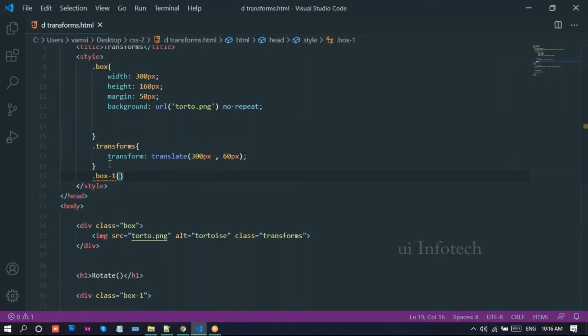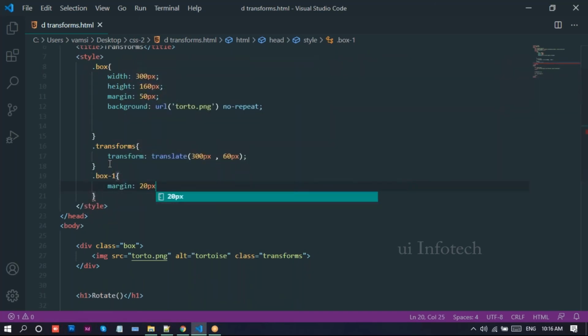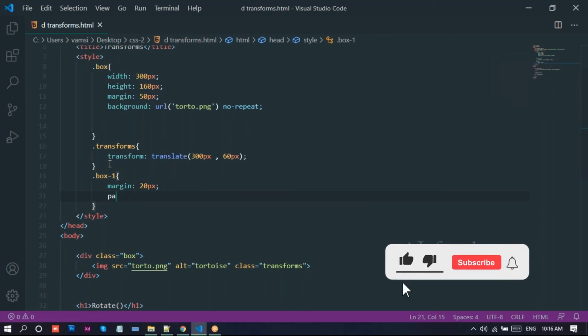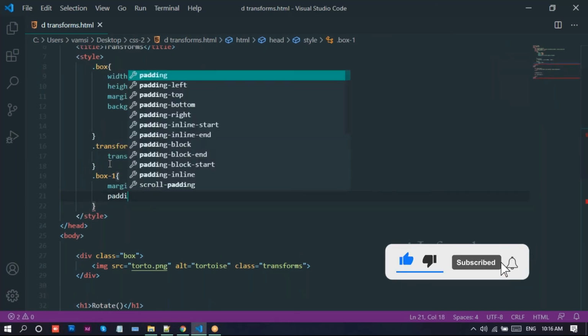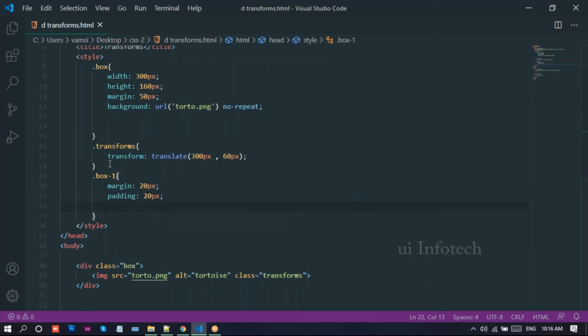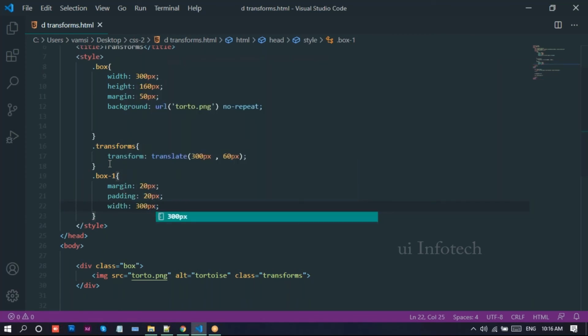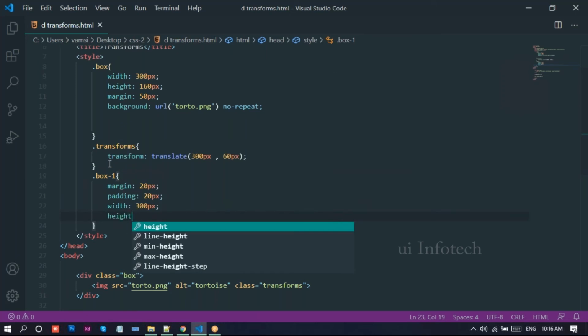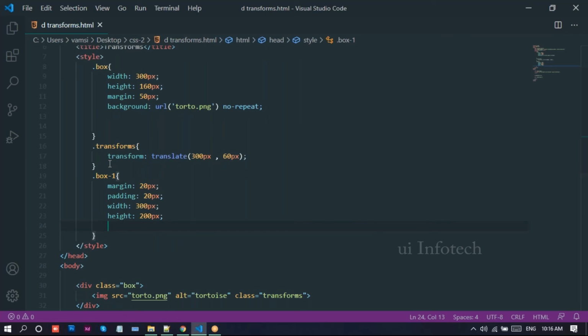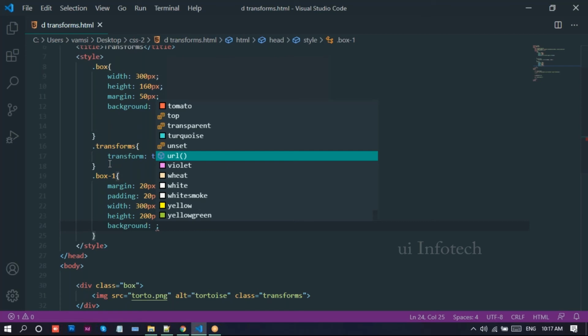For box one, we just apply margin 20 pixels, padding 20 pixels, and I just apply width 300 pixels, height 200 pixels, and background color.